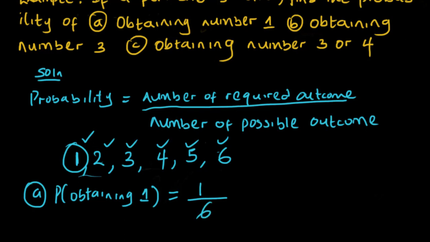So the probability of obtaining 1 is 1 over 6. Do you understand? Now let's do, what's the probability of obtaining 3? Now probability of obtaining 3